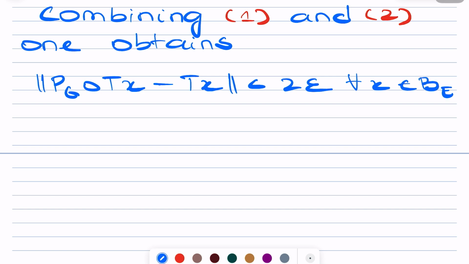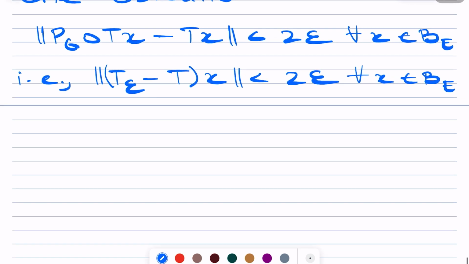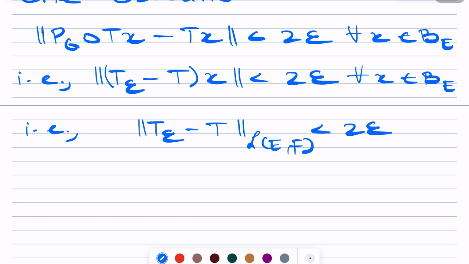So this means that the norm, I'm just rewriting, of T epsilon minus T at x is strictly less than 2 epsilon, and again for every x in the closed unit ball. So this means if you take the supremum, you get that the operator norm of this is strictly less than 2 epsilon. So since epsilon was arbitrary, we conclude that